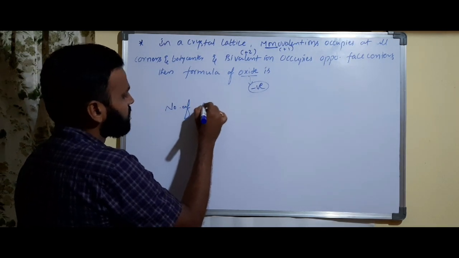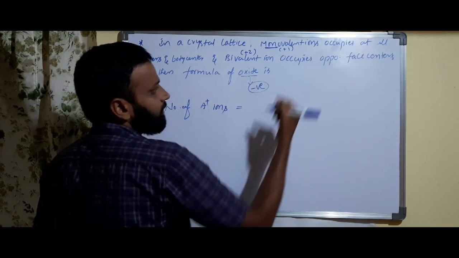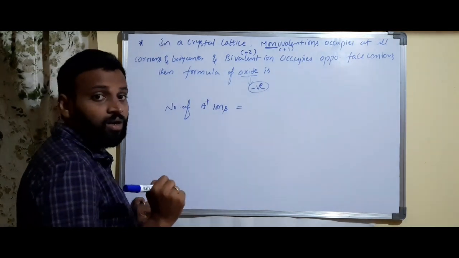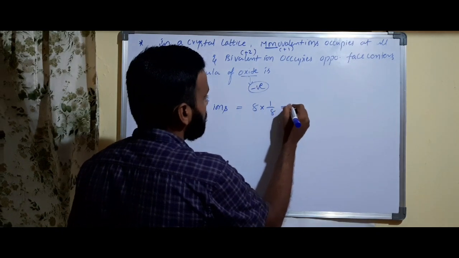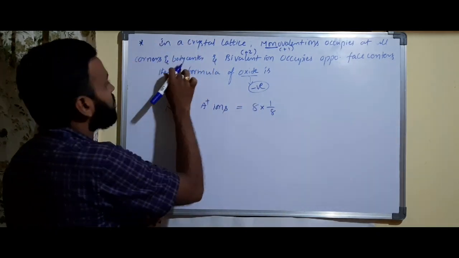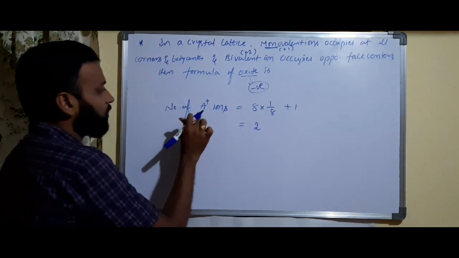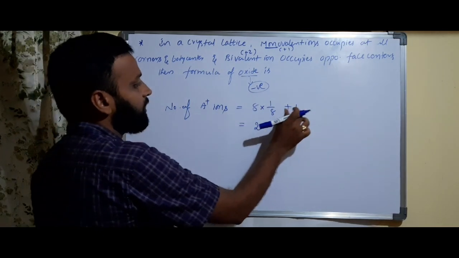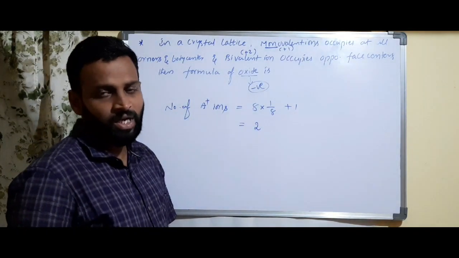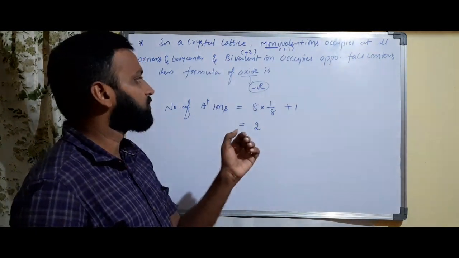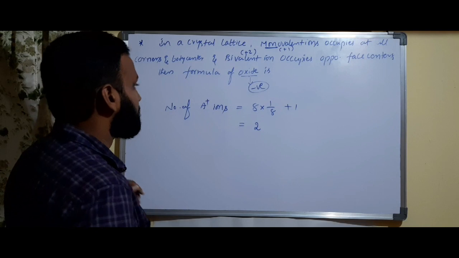So what is the number of monovalent ions? Monovalent means, suppose I am considering A plus ions. They occupy where? All corners. All corners means 8 corners. So 8 into 1 by 8, and plus 1 body center. So plus 1. So here atoms of A, how many? 2. Number of A plus ions is 8 into 1 by 8 plus 1, so 2. Understanding? Because with oxygen, each oxygen charge is how much? Minus 2. So with how many oxygens these monovalent and bivalent ions are present, you have to see.